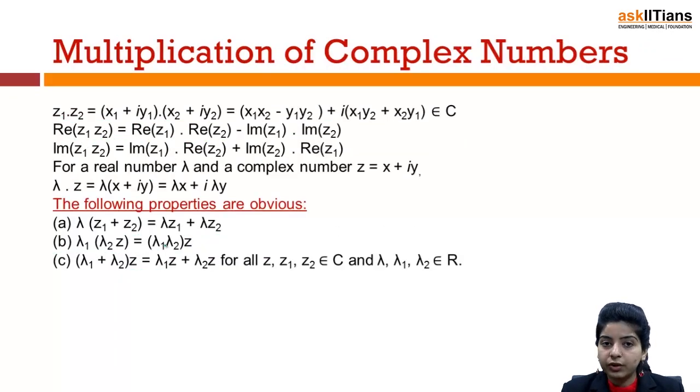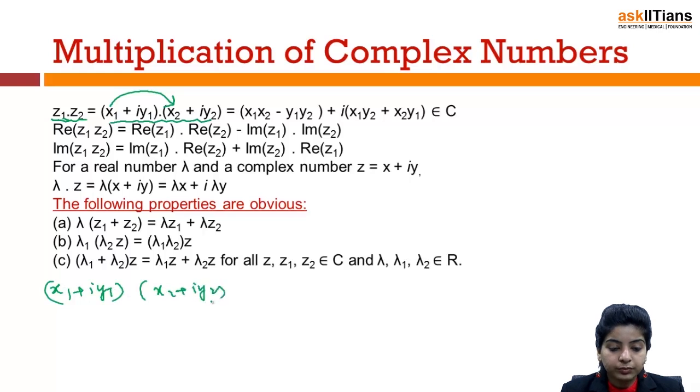So this I suppose was quite simple. Now we have multiplication of complex numbers. This is also a very simple concept. z1 and z2 are two complex numbers. We multiply them, that means we have x1 plus iota y1 into x2 plus iota y2. So this gets multiplied by this, we have x1 x2. Now plus we'll have x1 iota y2, right? So you can have it as this, I have x1 plus iota y1 into x2 plus iota y2, right?